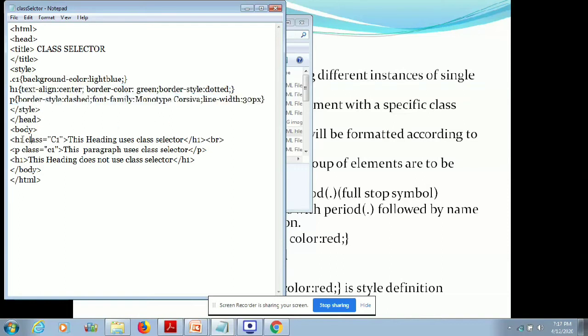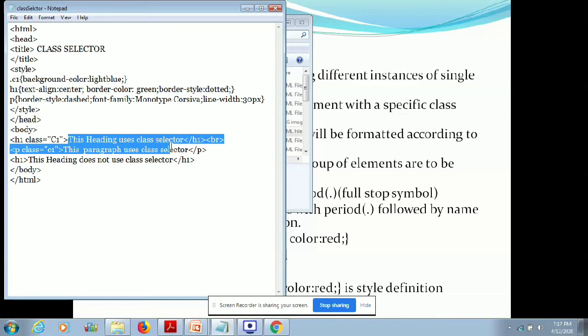H1 is given some style. P is also given some style. Coming to the body section, H1 class over here. See, this is the attribute class equal to class name. In double quotes, you have to write the name of the class. The same name you have to write over here, and also to other tags wherever you want the style to be applied.